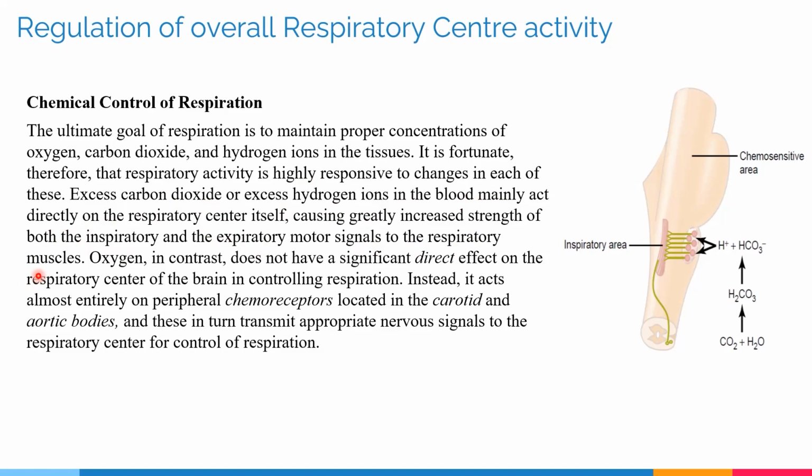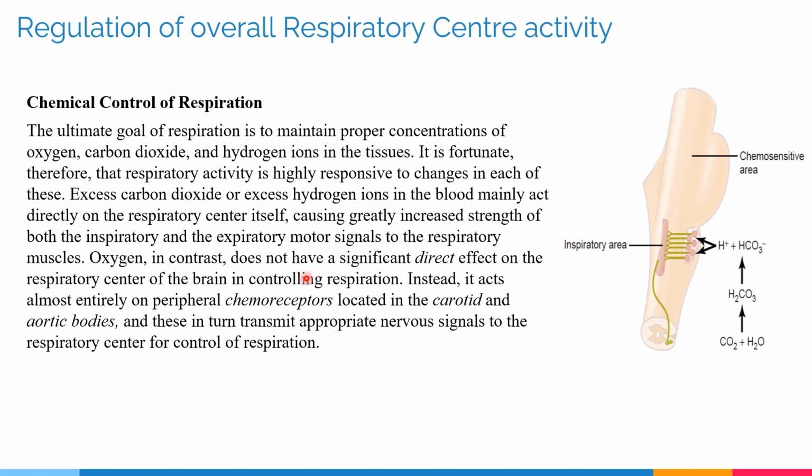The reason behind this is that an increase in carbon dioxide and hydrogen ion levels means that there is an accumulation of carbon dioxide and hydrogen ions in the blood. This signals to the brain that the expiration rate needs to be increased so that more of the carbon dioxide will be blown out into the atmosphere out of our body. And thus, the primary reaction towards increase in carbon dioxide and hydrogen ion concentration is to increase the rate of breathing.